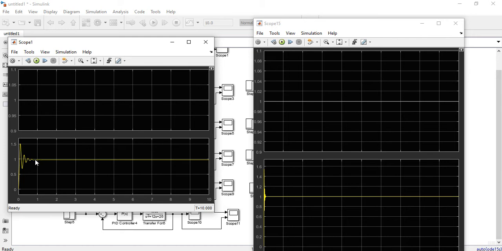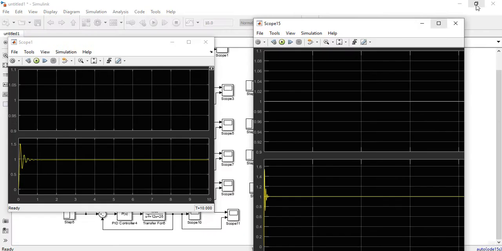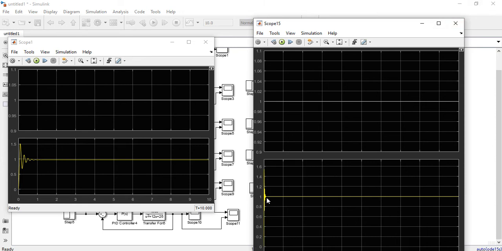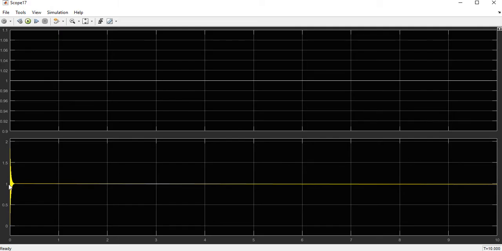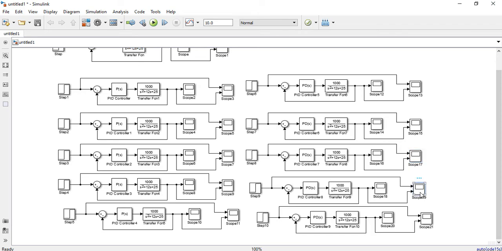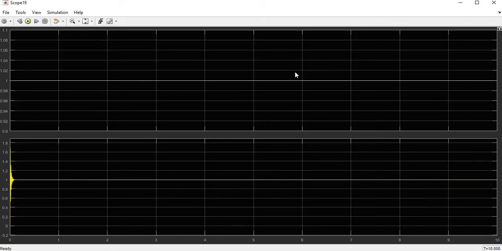The steady state is being reached at this particular point, whereas over here it is being reached at this point only. That means the PD controller is helping us reach the steady state early. Similarly over here, again the oscillations are increased but the steady state is being reached earlier. For this condition, again steady state.